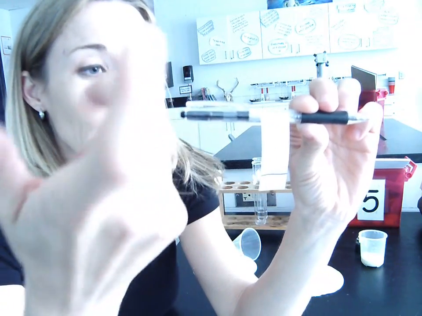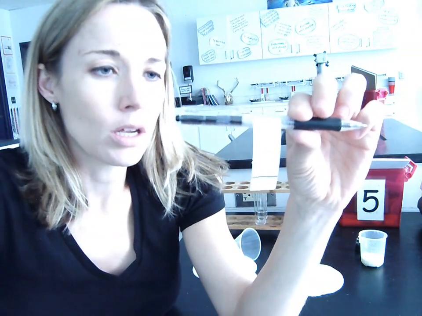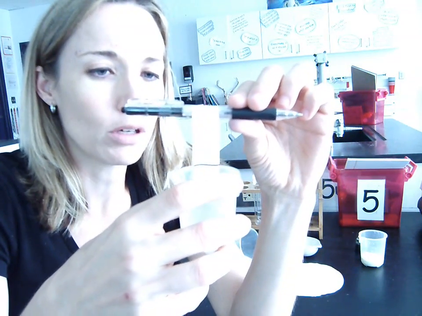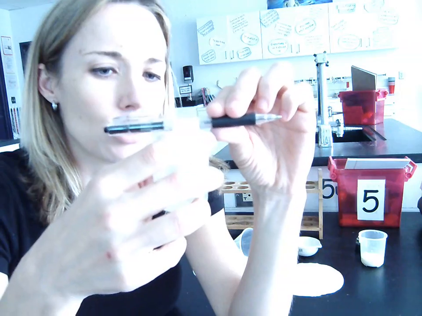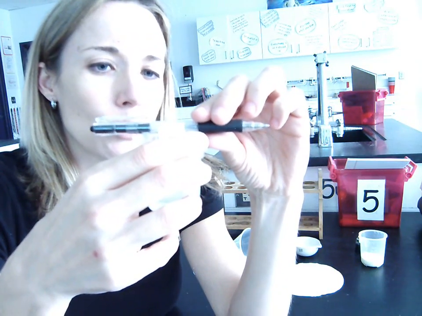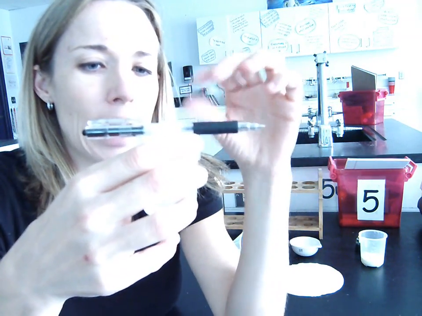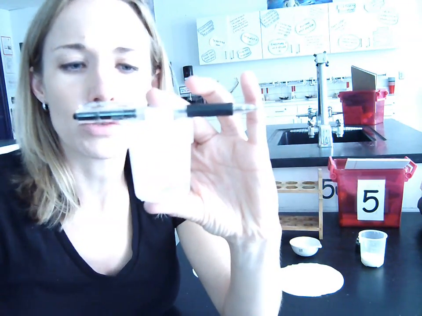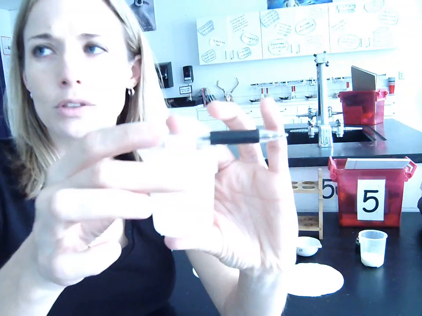So we have to use a special kind of ink, otherwise the method doesn't work. So then what we do is we take the piece of paper and we put the end of the paper, not the whole thing, just the very edge of the paper, and we put it into the water. Now, what happens is the reason we have to use this special chromatography paper,